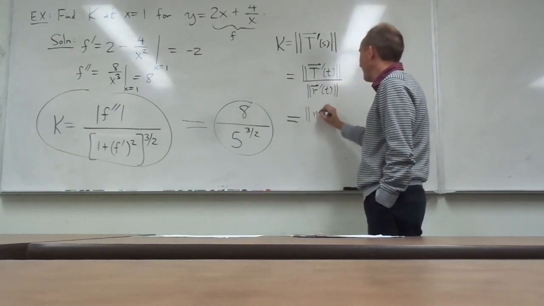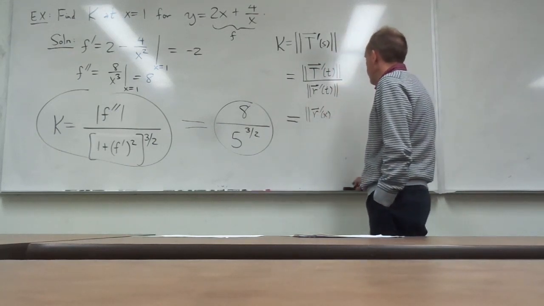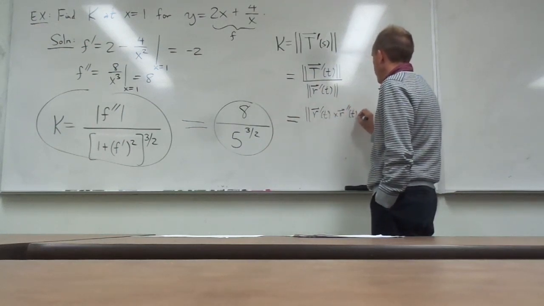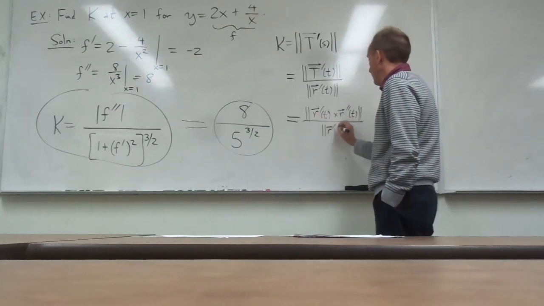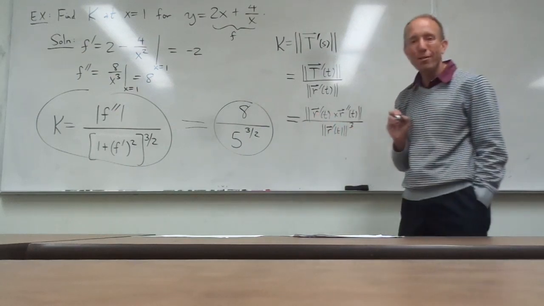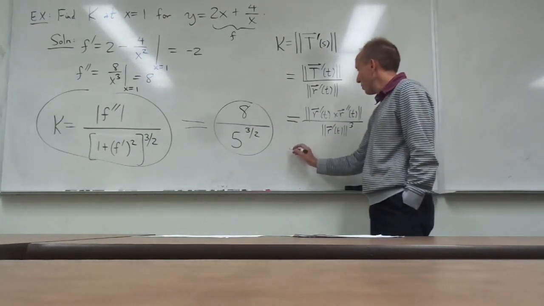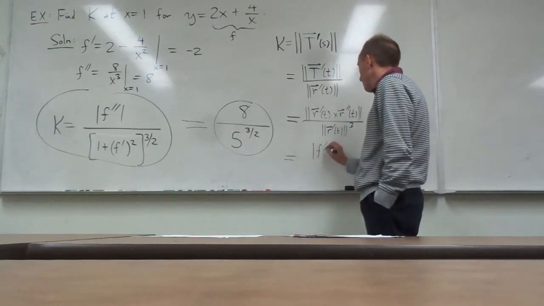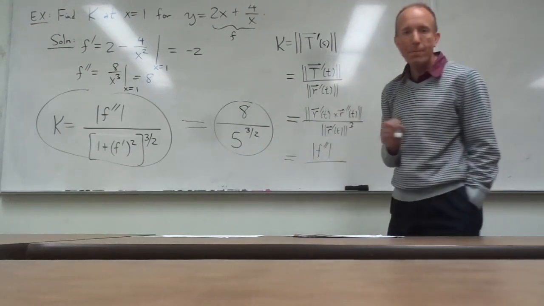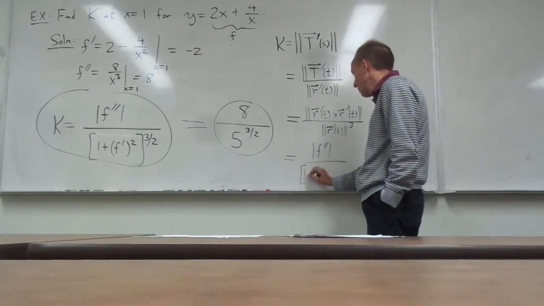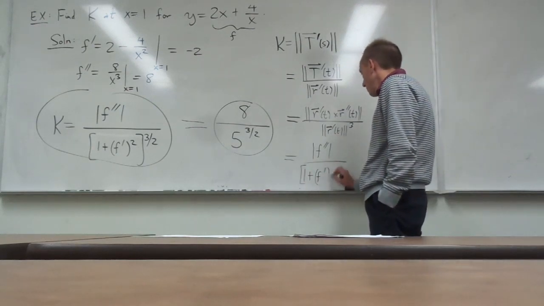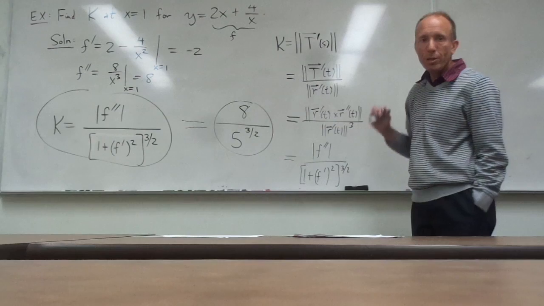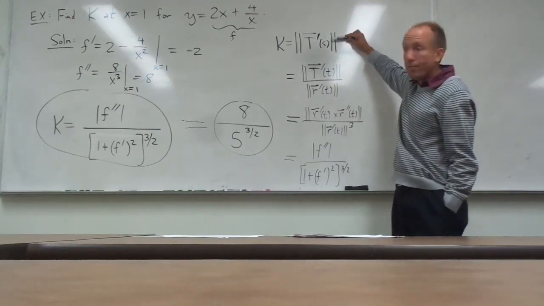Or I can take the cross product of r prime of t with r double prime of t and divide it by the cube of the norm of the first derivative. Or in the case when we have a function in the xy plane, it's just the absolute value of the second derivative of the function divided by 1 plus the first derivative squared, all to the 3/2 power. A bunch of different formulas to use. This one is great if your position vector